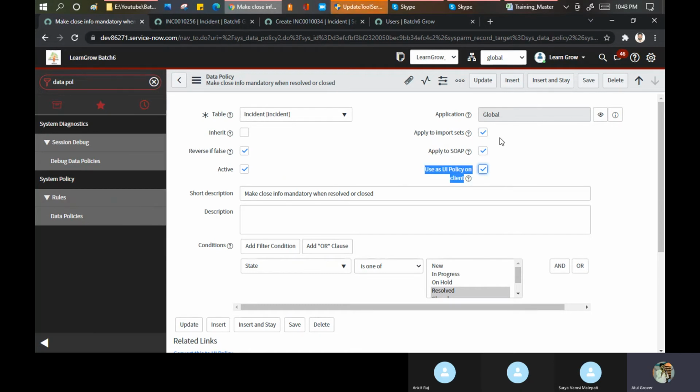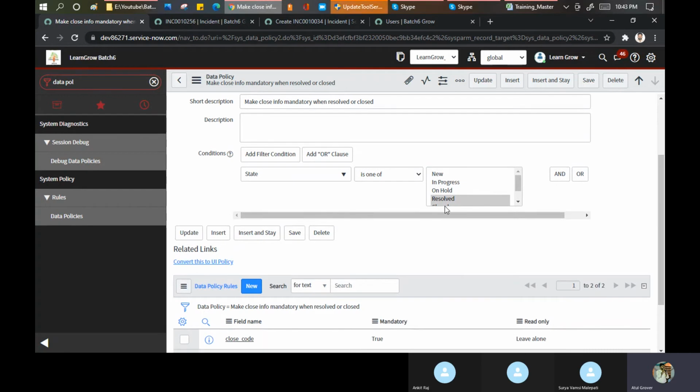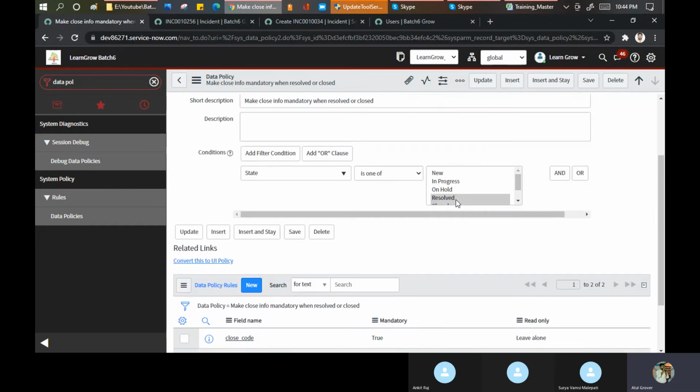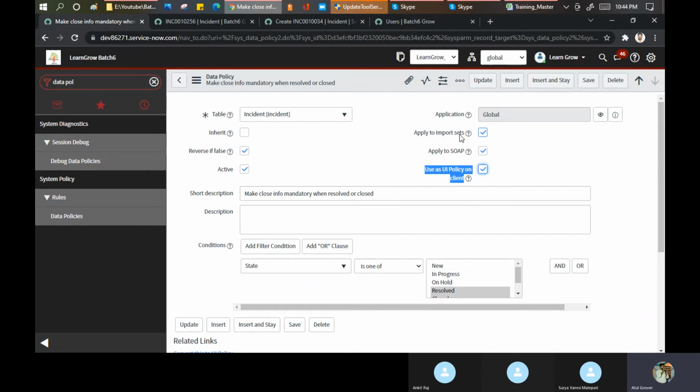If you are bringing your data from an Excel sheet into ServiceNow, see Donald, you picked up this point, right? If you are bringing your transactional data into the incident table, then you have to check all these things. You have to get the data policies. You say, boss, I will bring the data, no problem, but when I'm updating this to resolved or closed state, this should be mandatory. So in your Excel sheet, send this data as well to me. See, they did not mention Excel here because they know importing from Excel is one part. So basically when you do integration, you are bringing data from another tool into ServiceNow. When there is tool to tool integration, this applies there.